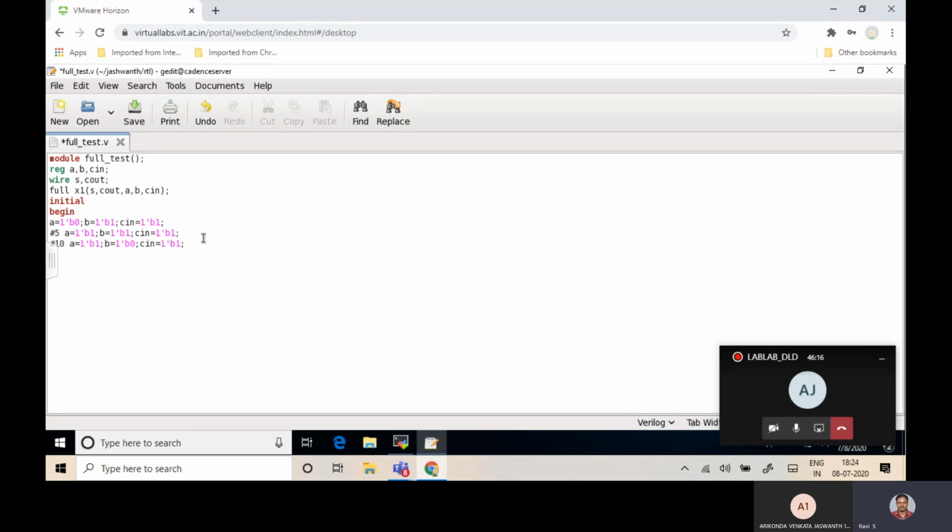So now I'm just closing the begin, closing the module. So now full adder underscore test. So the test bench for full adder is ready. Initial begin. So three combinations: 0 1 1, 1 1 1, 1 0 1. Okay, so now save this